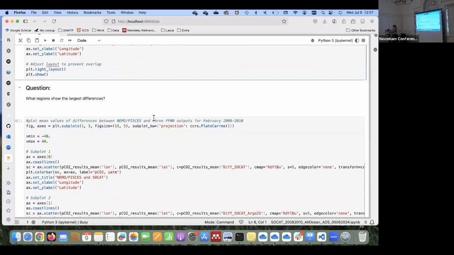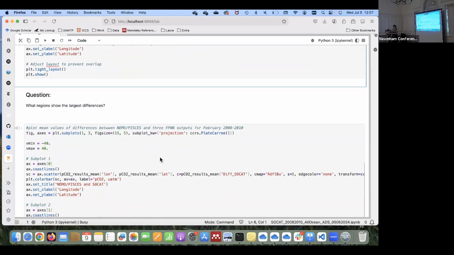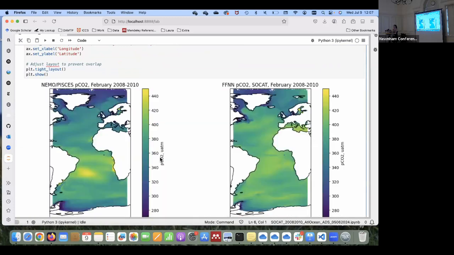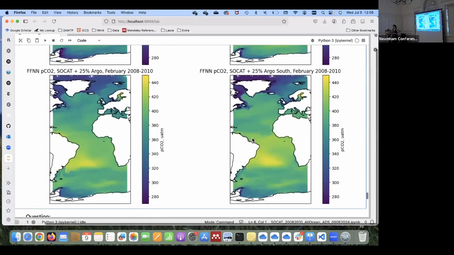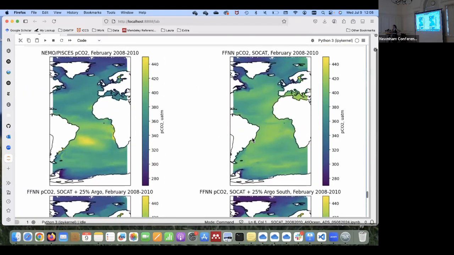So again, slightly different training. But again, we're looking at just the mean pCO2. Now we can again reconstruct it everywhere across the Atlantic, for the model and the three machine learning methods. And you can already see visually, the next plot is going to look at anomalies, but even just